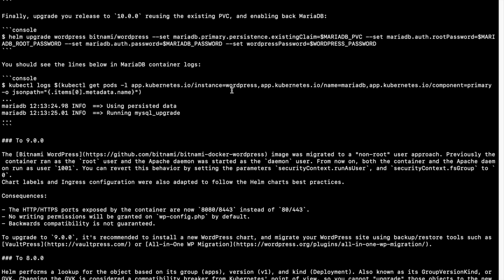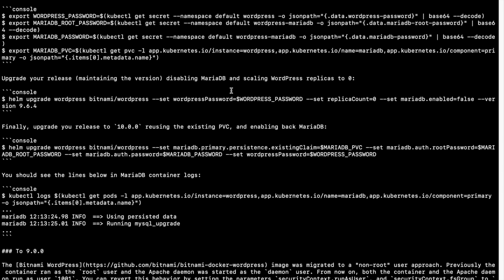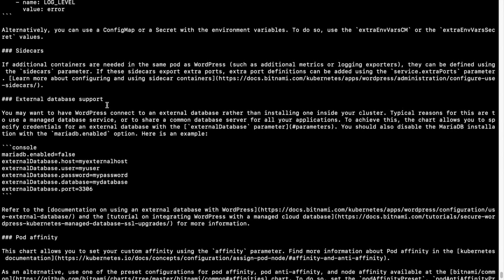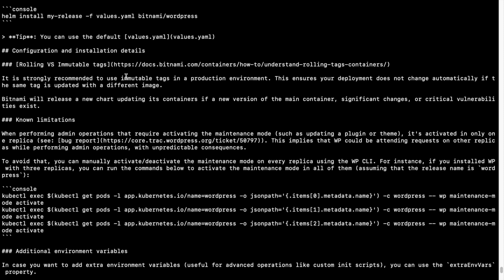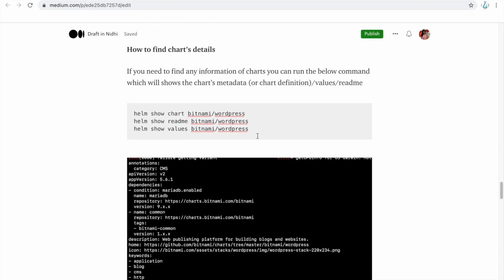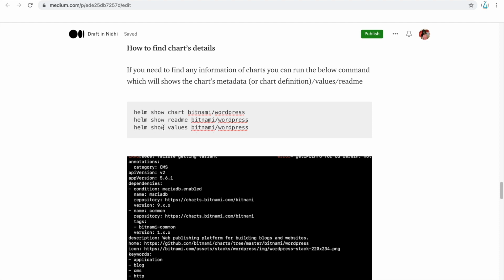These are some basic commands you can run for any of the charts. Here you will find all the information of this particular WordPress chart. Okay, the values.yaml file we'll discuss later, but these three commands will give you the chart's metadata or chart's definitions.